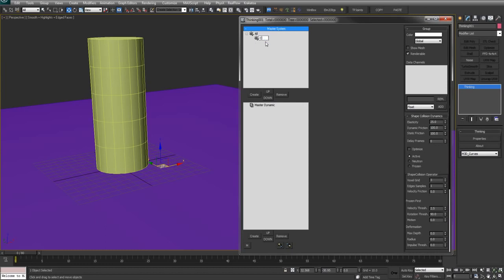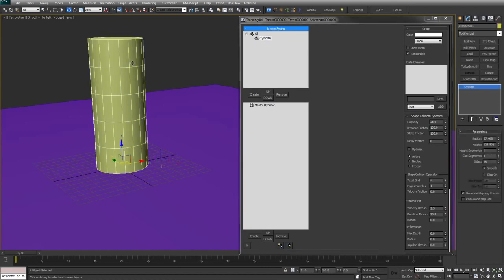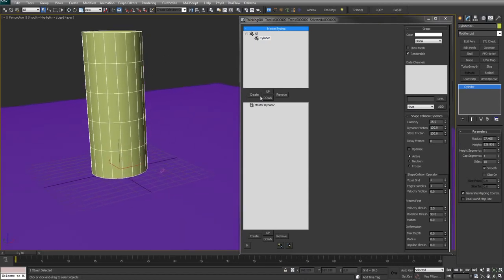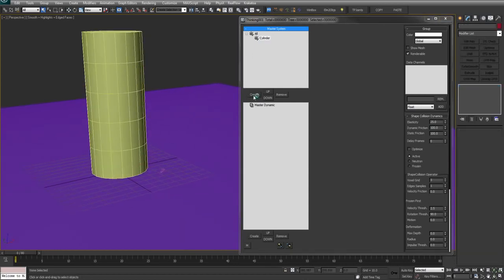Let's just call it the cylinder. Wow, that's not how to spell cylinder, is it? Oh man, I'm not good at spelling. It's embarrassing. Okay, cylinder. Then we need our floor, which I'll call the